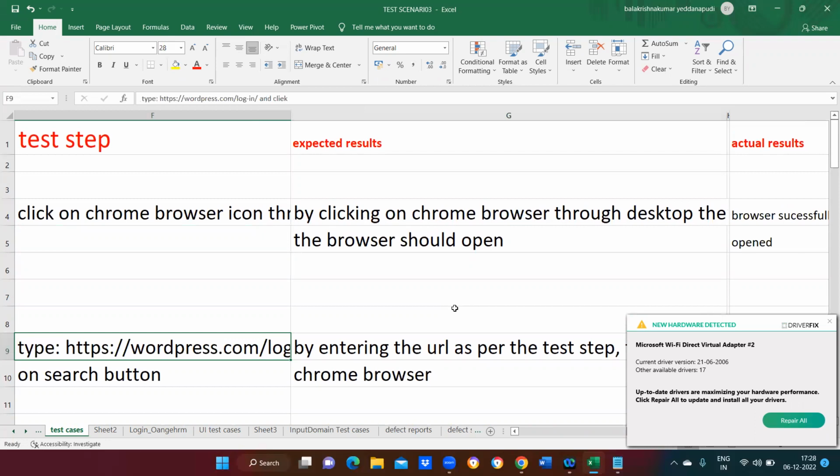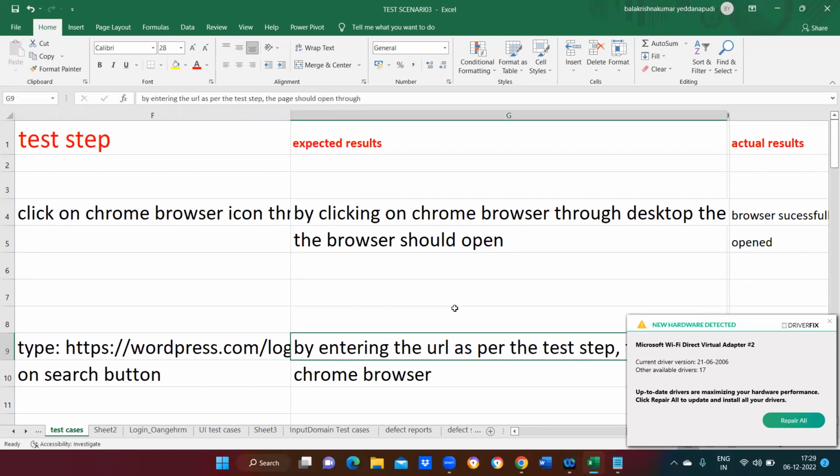Next, typing some URL, click on the search button. That is it. If it is clicked, what we are expecting, if I entered something and click on that, is that the window is opened or not. We are expecting the window should open. That we are going to write in expected. If it is open, then in actual result we will say the application is navigated to home page, and